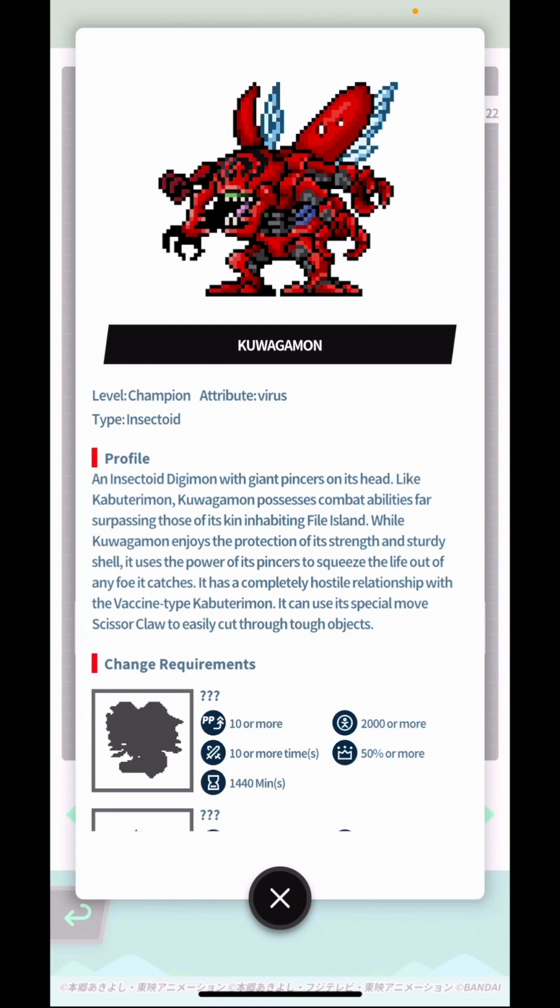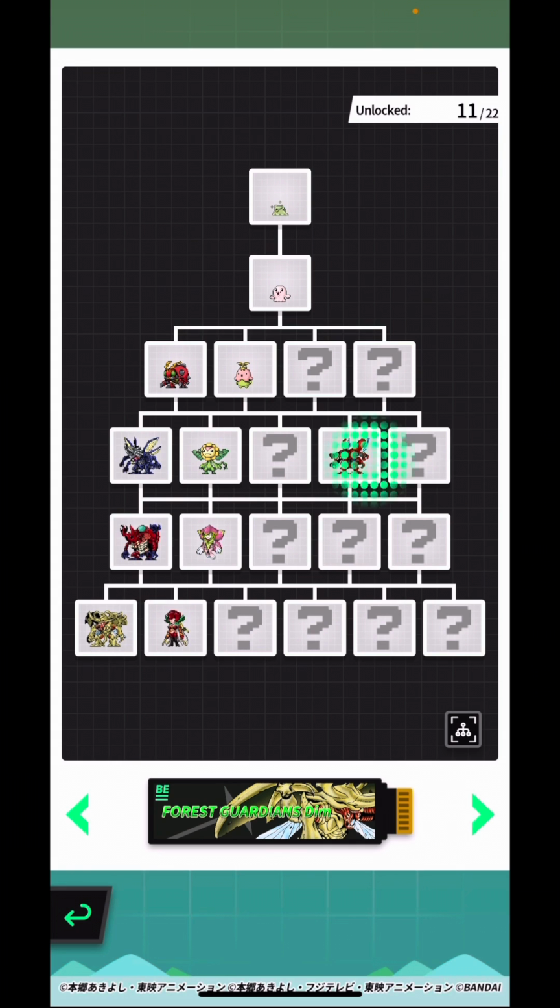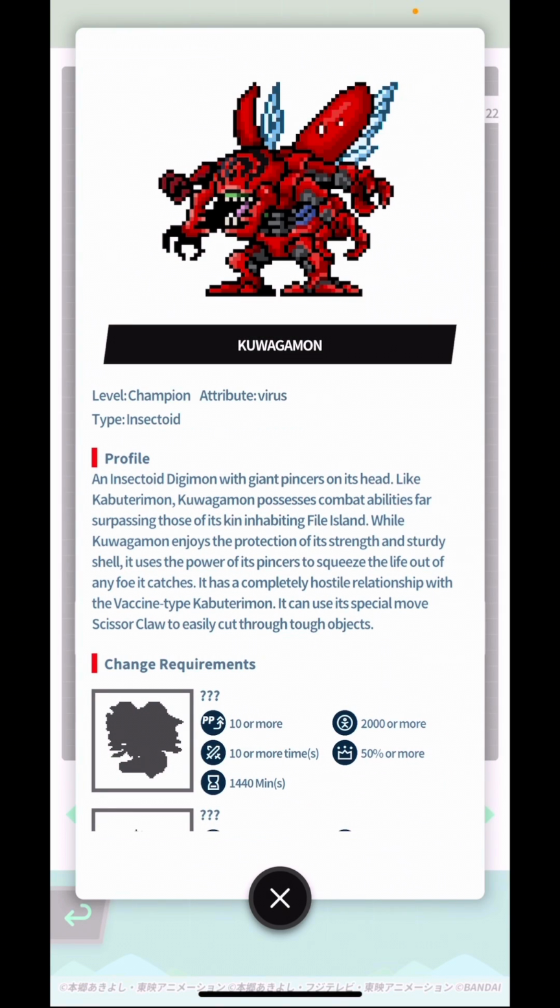You have Kabuterimon, and of course they chose blue and red, the typical colors of rivalry as well. But for some reason Kuwagamon looks even more like a villain than Kabuterimon, even though both are extremely ferocious looking. But it could also be our impression, because it was featured as one of the early villains in Digimon Adventure that our protagonists had to defeat in the first few episodes of landing in the digital world. So yeah, it was featured very early in the anime. But yeah, it looks amazing.